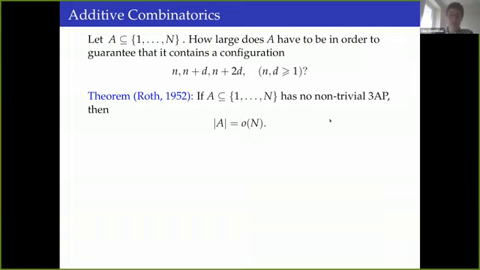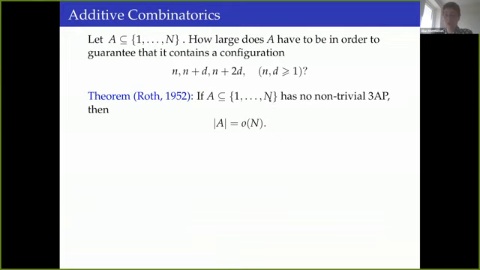Following Roth's result, there has been a huge amount of effort trying to improve these upper bounds in Roth's theorem. In the course of improvements on Roth's theorem, a lot of new techniques have been developed. One of the aims in improving the bounds has always been to improve them so far that this result, which is a very general result about subsets of the integers, can be applied in the setting where we are considering the subset of primes that sit inside the first N integers.